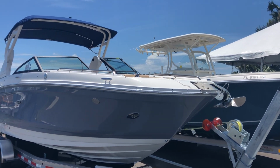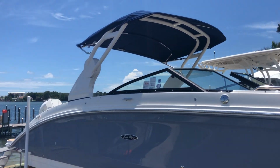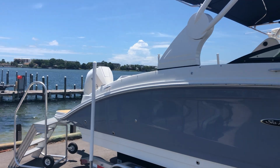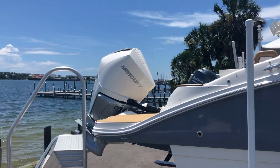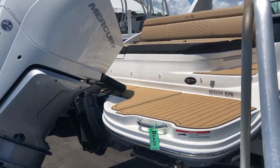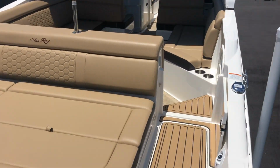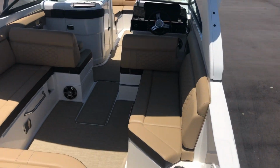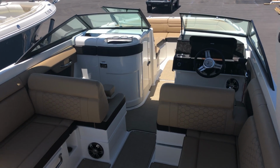Polished stainless steel anchor with windlass on the bow, sport arch with large bimini top, plenty of sun coverage, powered by the all-new Mercury 300 horsepower V8 engine, color in white, Sea Deck on the swim platform and companionway, large rear-facing sun lounger, huge cockpit with tons of seating for all your friends and family, cocktail table as well,